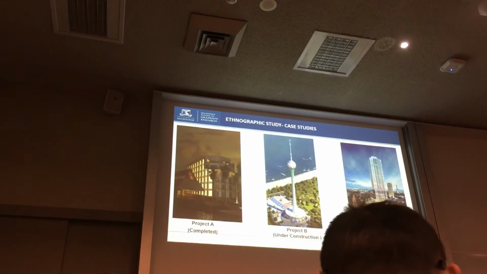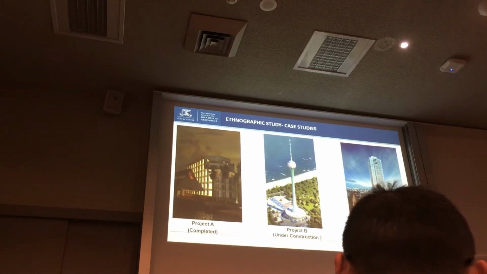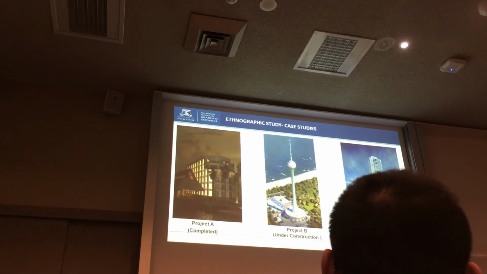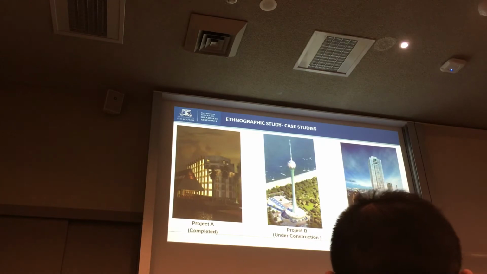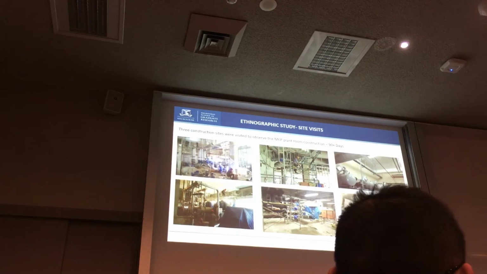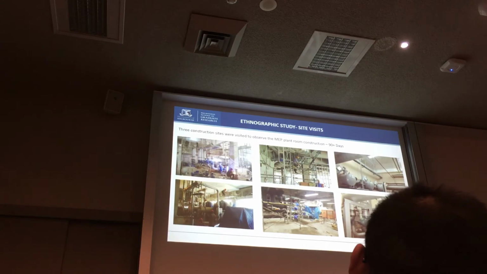So three case study projects were used in the ethnographic study. Project A was completed, so we had all the data required for the installation side of things, like the cost of installation. Project B was under construction, which gave the opportunity to actually visit sites and collect data on different assembly types and handling methods practiced in the industry. And Project C was under design and construction stage, which gave the ability to get involved in the design stages and have discussions with the design engineers. These are some of the images taken during case study visits, or during the time spent during the construction period.